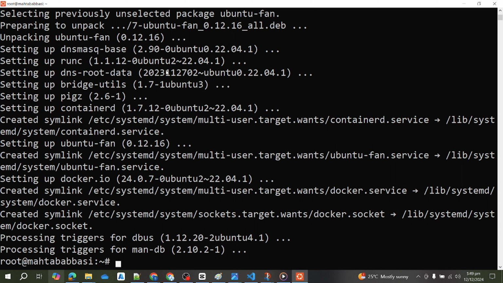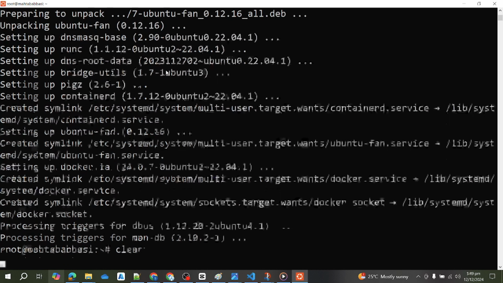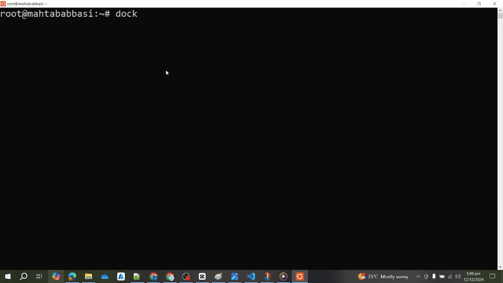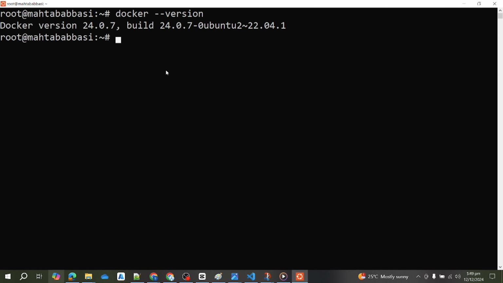Okay guys, we have installed Docker. Let me clear and check if we have the docker version. Yes, here is the latest version. We have Docker installed. Next command is to start Docker. Okay, we can also check whether Docker is running or not with the command, like